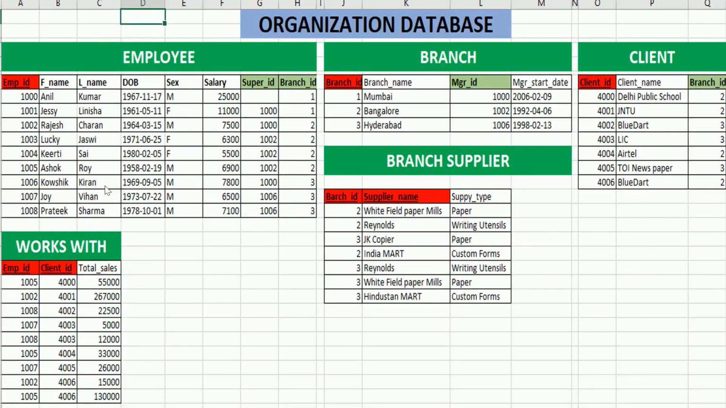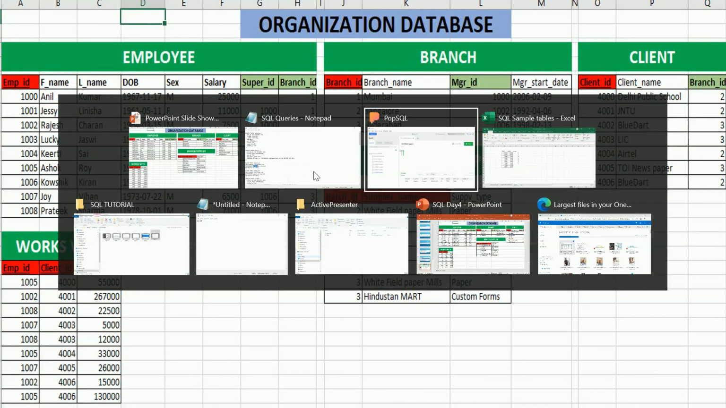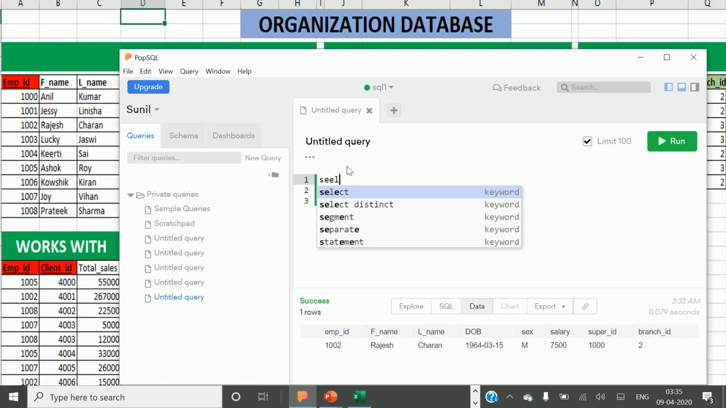That is the question. If suppose this employee and branch table is there, here I am having a branch of 2 which is Bangalore in the branch table. If suppose I delete this Bangalore from this table, then what will happen to these guys who are already allocated to this branch id 2? Now let us see how it will work. What is on delete set null? First let us see